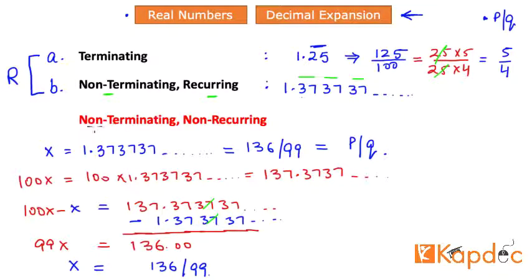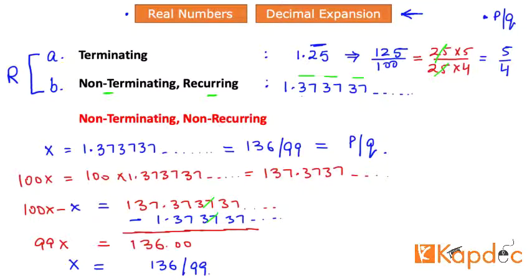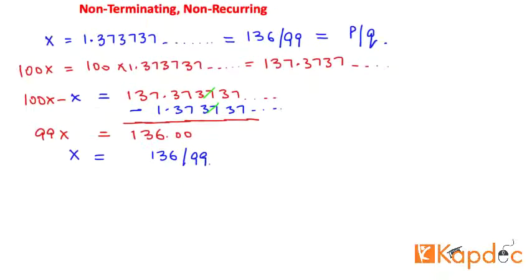Okay. Now, what are the examples of non-terminating and non-recurring? So let us take a look at that with the help of this example. So let me write an irrational number. Let's say I take a very common example of an irrational number, that is pi. And pi, we know that it is equal to 3.14159 and then it goes on forever, right? We don't know what is the end of this decimal sequence. So that is why we say that this is a kind of number which is classified as non-terminating and